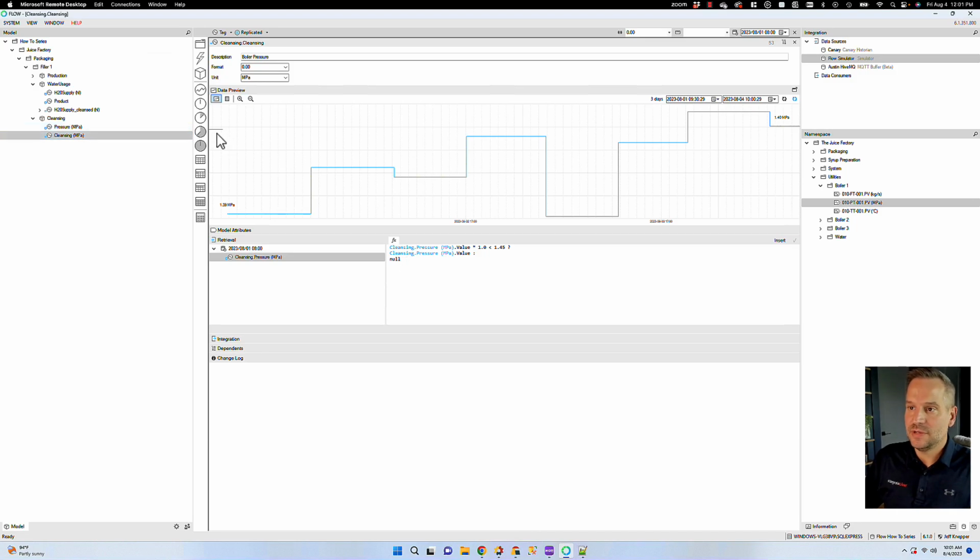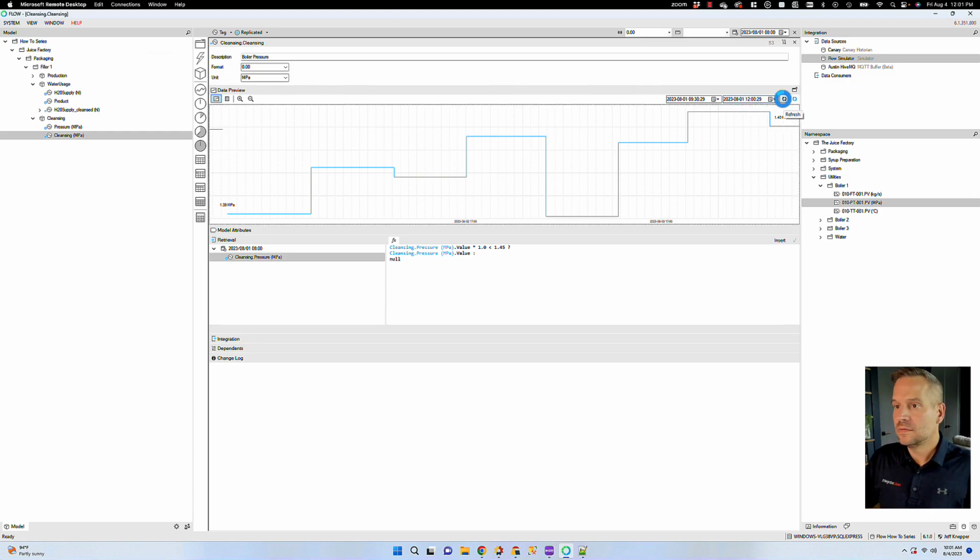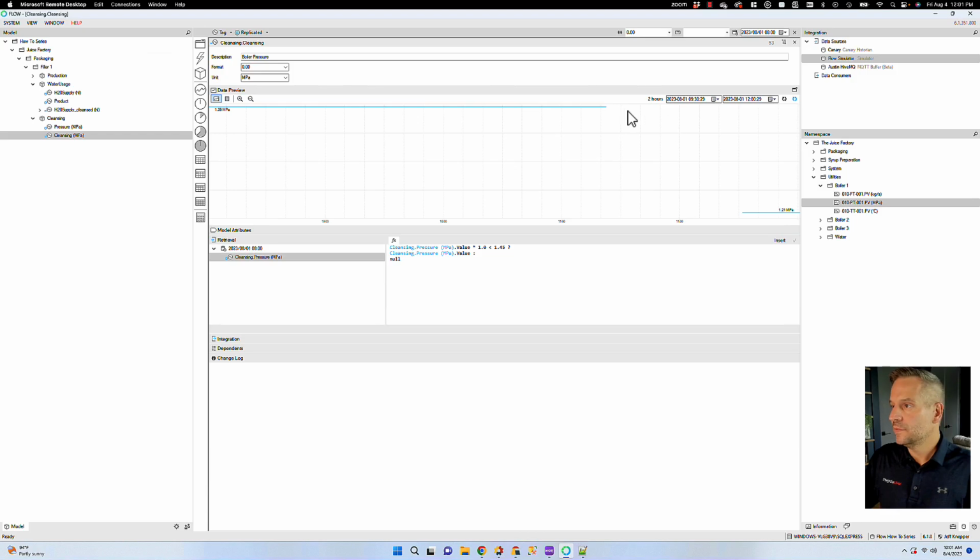But instead of doing that for that period of time, let's dig into it just a little bit closer. There we go. So now I'm at a smaller time interval. I can see exactly where it stopped at about 11:15 and then came back at 11:45. That's that period where I was over 1.45. Instead of nulling that, though, for that half hour, I'd like to insert what my average has been to date